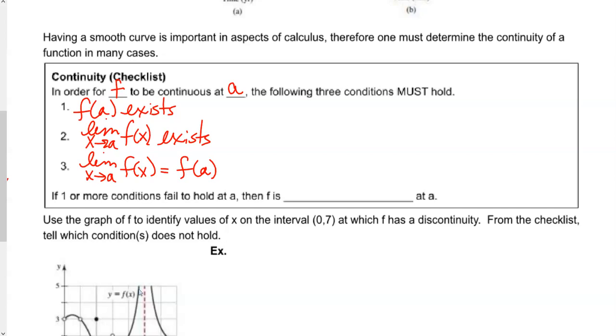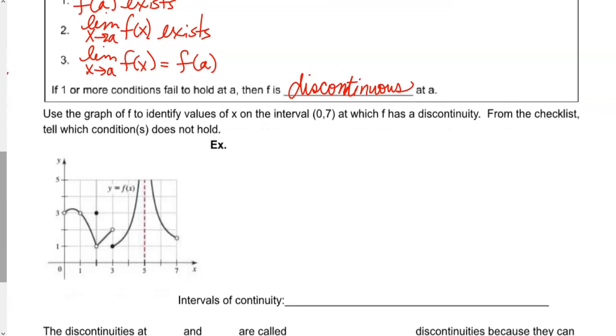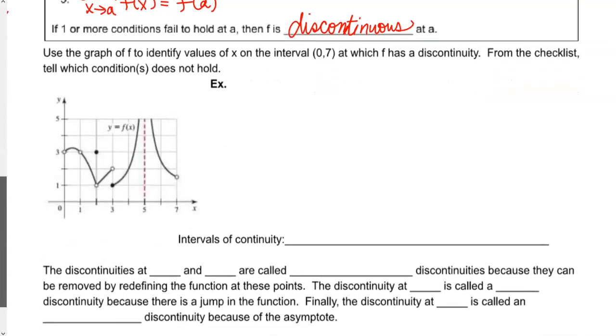So, if one or more of those conditions fail to hold at a, then f is discontinuous at a. If number one does not exist, you don't have to check anymore. It's all the way done. It is discontinuous. Once one of those fails to hold, obviously, if number one fails to exist, number two could exist, but then number three is going to fail again, because the limit does not equal the non-existing function value. All right, so let's look at this graph, and we're going to talk about some of these